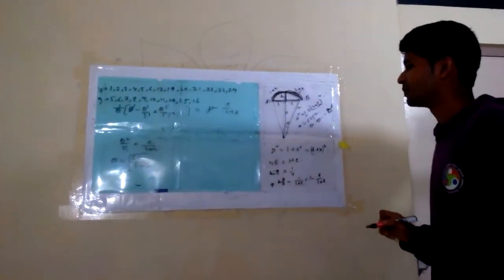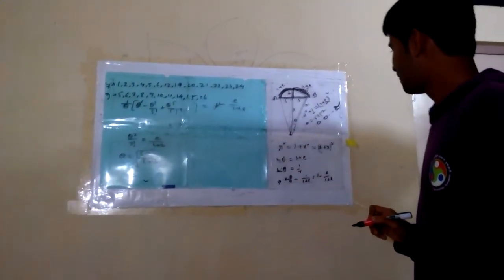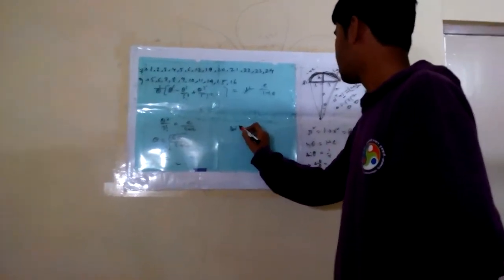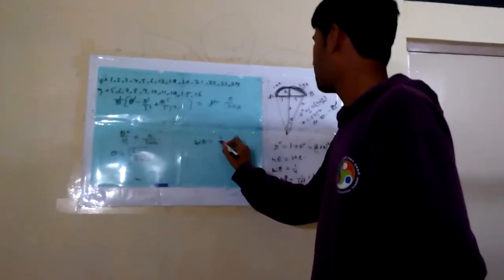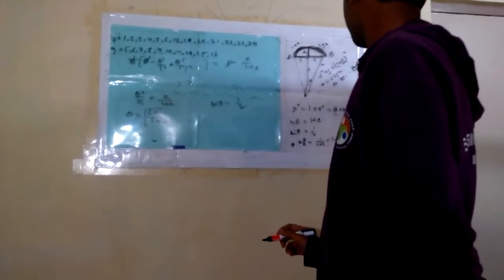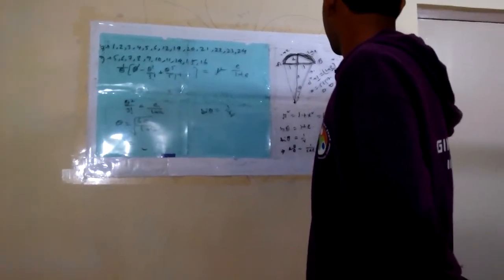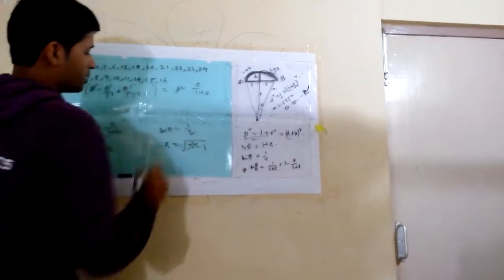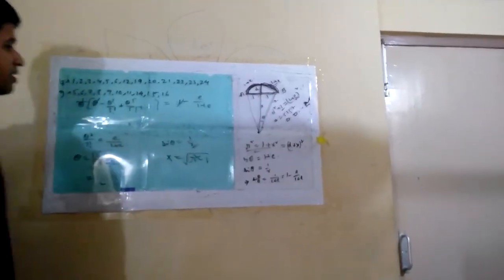Now what we want is this d, right? Now we have to make one more approximation here. Now I want to do sin theta, and we'll get 1 by r. We have x, we don't know x. So from here you will get x is equal to root over r square minus 1, isn't it?